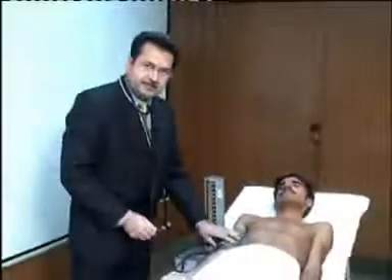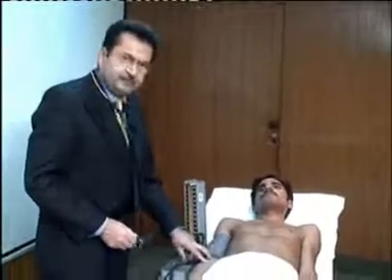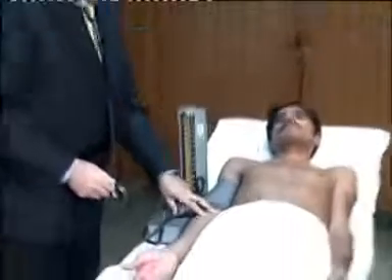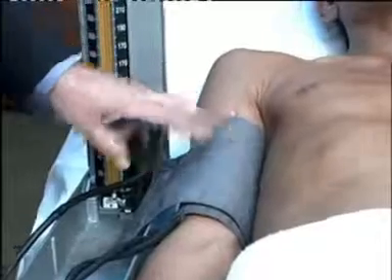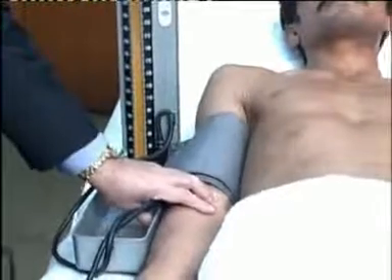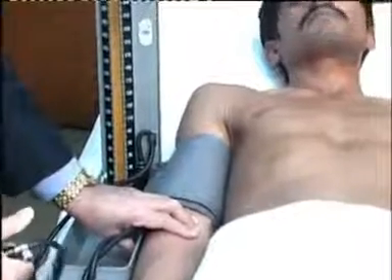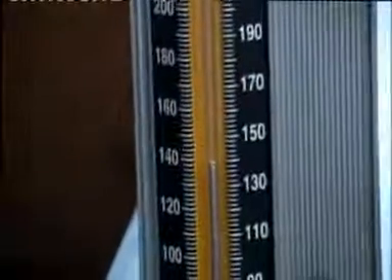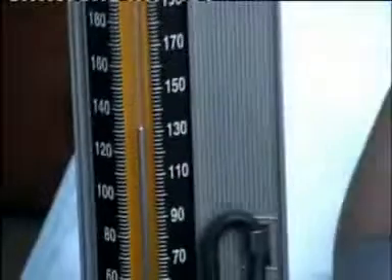Check the blood pressure. For this, we apply the sphygmomanometer cuff 2.5 to 5 centimeters above the antecubital fossa and 2.5 centimeters below the axilla. And then we feel the brachial artery and we inflate the cuff, and we feel first by the palpatory method and then we deflate it. Again,